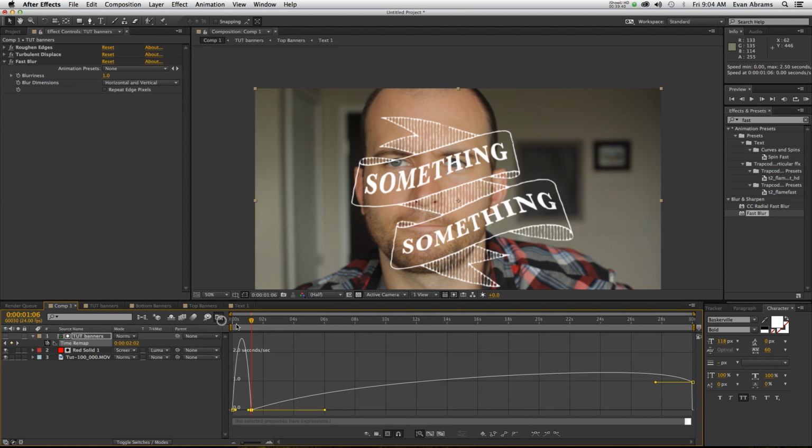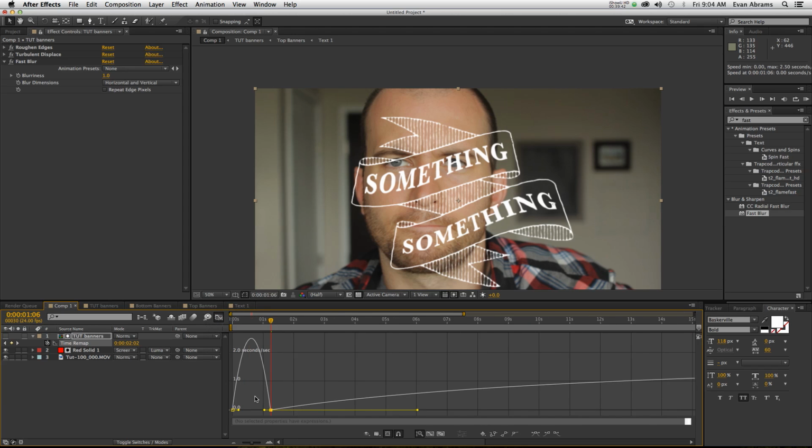And then I go into the graph editor, and the thing about time is that you never want it to reach 0, or at least in this instance, I don't want it to reach 0. So what I do want it to do is to be at 1. So at 1 second per second,